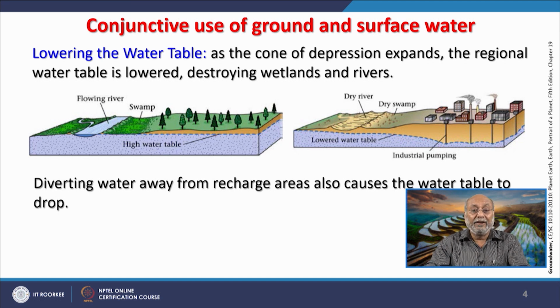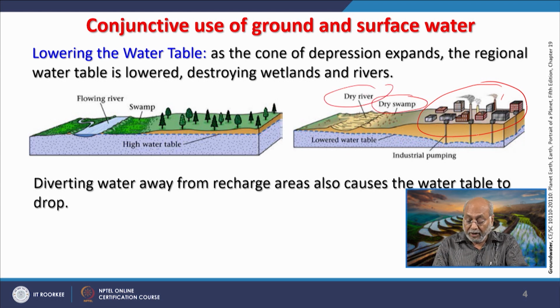It will destroy wetlands and rivers, and this is what is depicted in these two schematics. When the river was flowing, we had swamps along the river, there was greenery all around, and we had a higher water table, meaning the water table was close to the surface of the earth. But because our requirements of groundwater have increased, through industries or settlements, our swamps became dry, our rivers became dry, and a lot of pumping is being done, as depicted here,